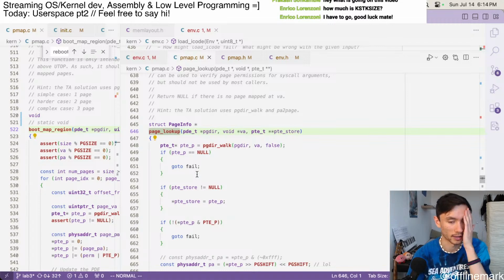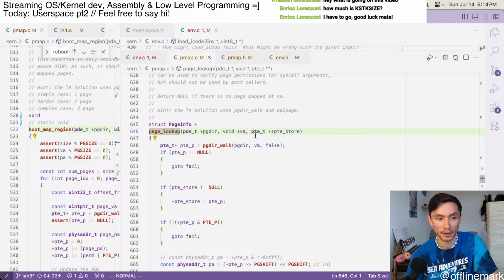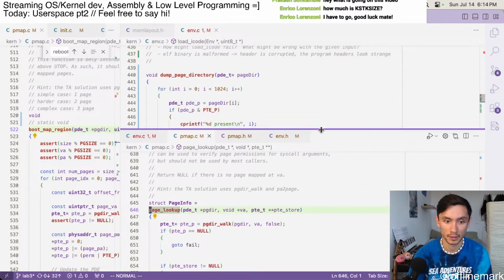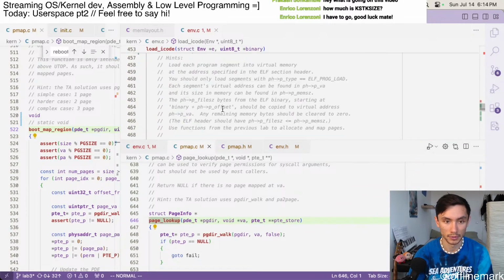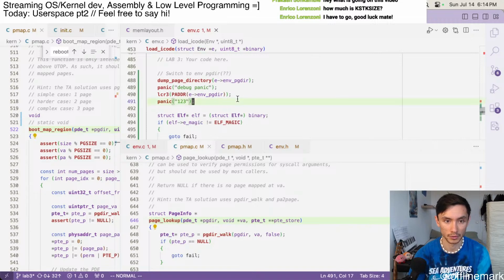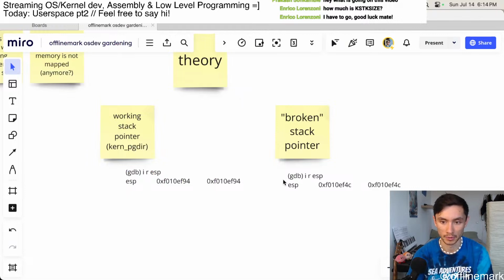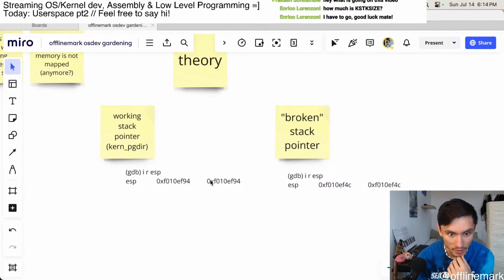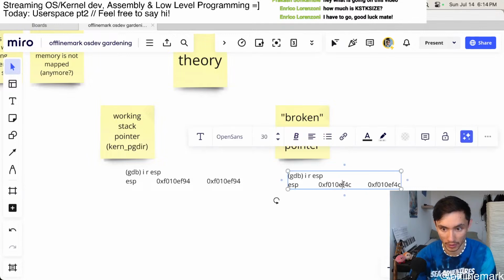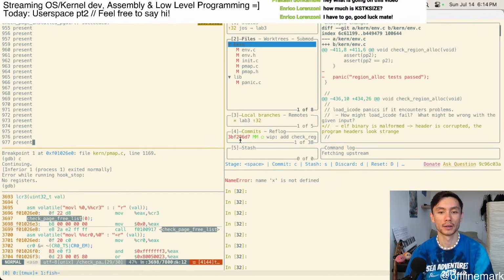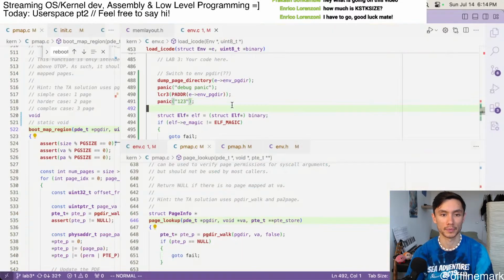Given a page dir and a virtual address, it tries to query it. That's exactly what I want. So let me just try that. Maybe that's an easier way. And I believe these numbers should be the same. These are very close pointers. So basically what I want to do is